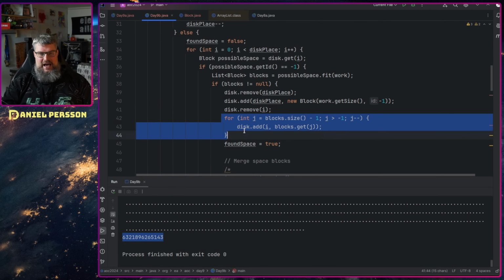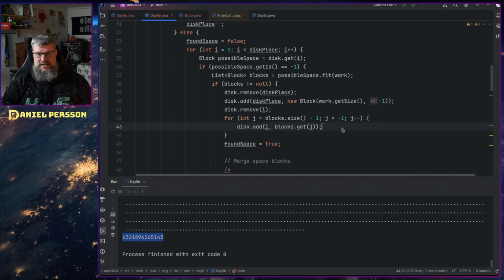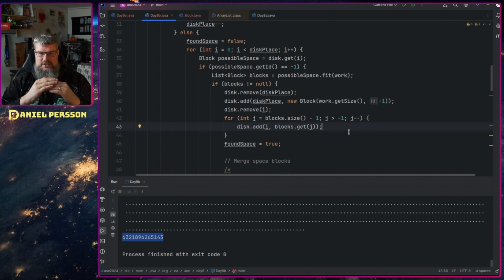And then we will add either 1 or 2 blocks in that space. And because of the way we ordered the blocks when we put them in the fit function, we need to do that backwards, because when you add something, you will push everything backwards in the queue. So that's why we are running this function backwards, and we add,